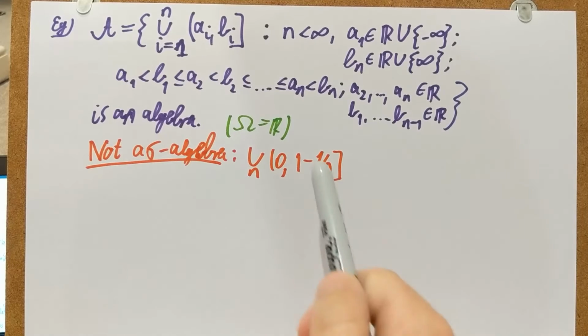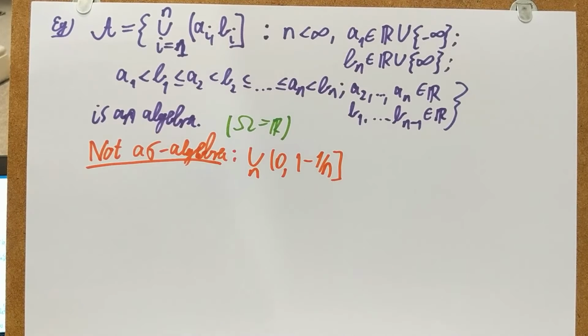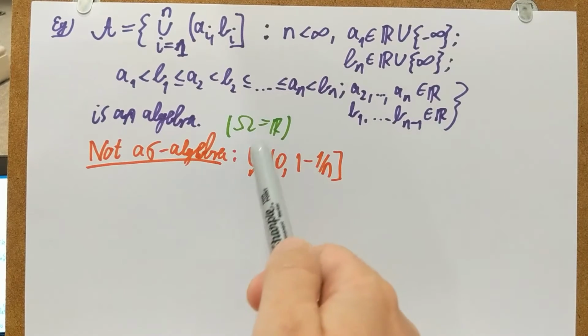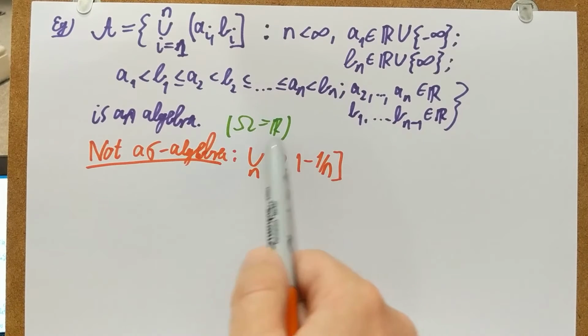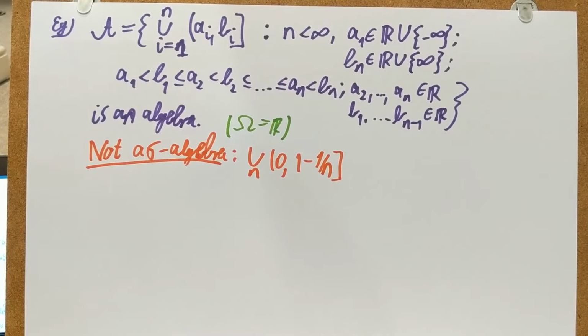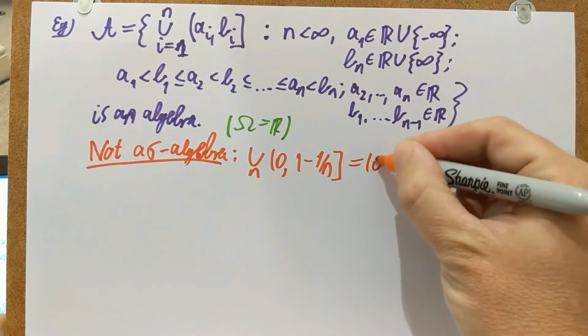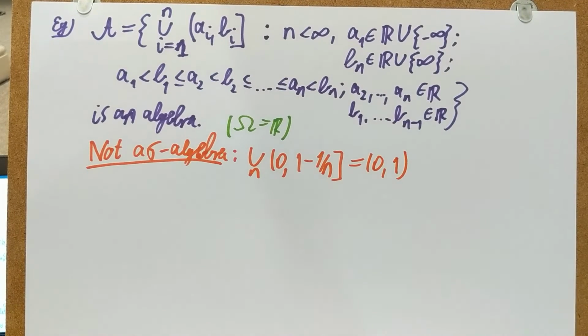Now, as n increases, 1 over n decreases, 1 minus 1 over n increases, so this is an increasing sequence of sets. Okay, the union is actually its limit. And where is it increasing up to? Well, anything strictly between 0 and 1 will eventually be swallowed by these. So the infinite union contains anything strictly between 0 and 1. However, it does not contain the number 1. The right end number 1 is actually not in any of these things, so it's not in the union. So when you do this infinite union, it is going to be the open interval on both ends, (0, 1).